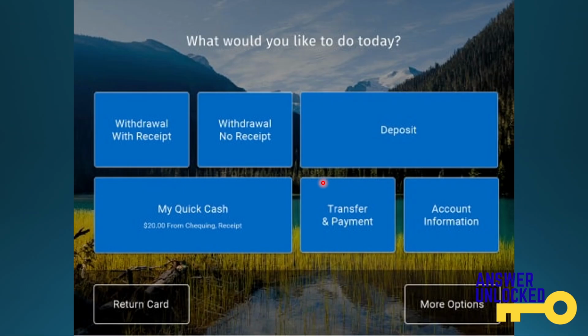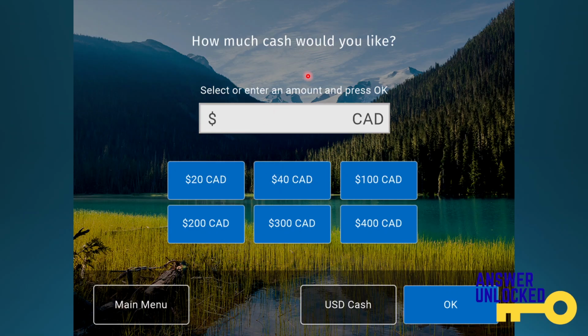Hey guys, in this video I'm going to show you how to withdraw USD at an RBC ATM. So if you want to withdraw US dollars, go to the ATM, click here on either withdrawal with receipt if you want the receipt, or you can do withdrawal with no receipt. I'll just go ahead and choose with receipt, and then you just go to enter the amount of cash you